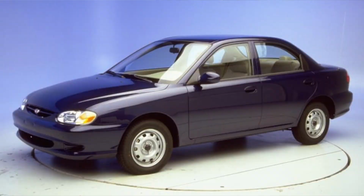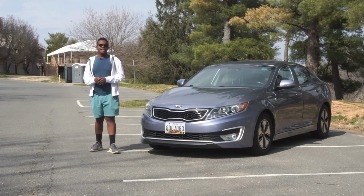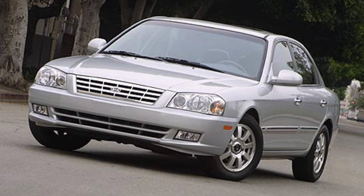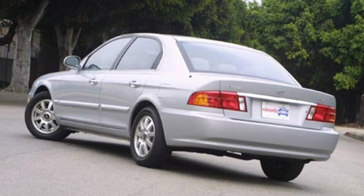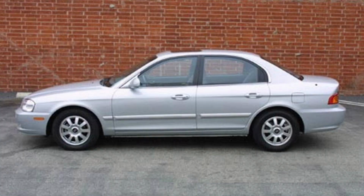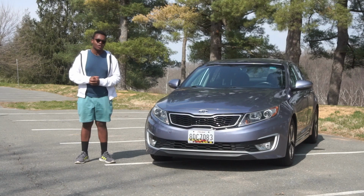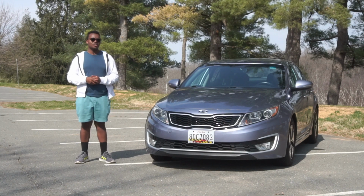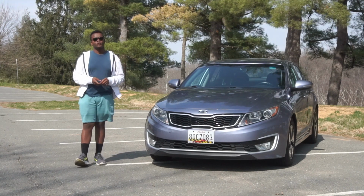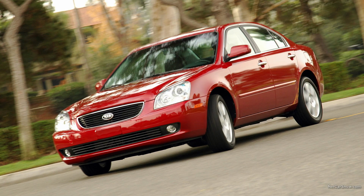Kia, which was an up-and-coming brand in the early 2000s, released the first ever Optima in 2000 for the 2001 model year. The Optima is also known as the Kia Magentis in foreign markets. The first-gen Optima was essentially a rebadged Hyundai Sonata with a slightly different front and rear end and slightly different packaging for trim levels. In November of 2005, Kia introduced the second generation of Optima, which was now less related